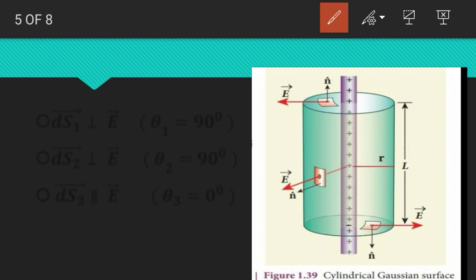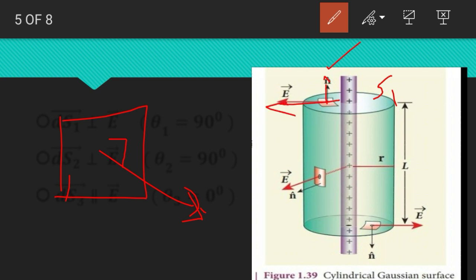Right. So look at this, we know that if there is a surface, okay, this is the surface, then the perpendicular direction to the surface is the direction of that surface. The direction of a surface is given by taking the perpendicular to the surface. So look at this S1 surface. In the case of the S1 surface, the perpendicular will be in this direction. So this is the direction of the surface, and always the electric field is along this direction, we know. So the angle between these two is 90 degree, clearly 90 degree.